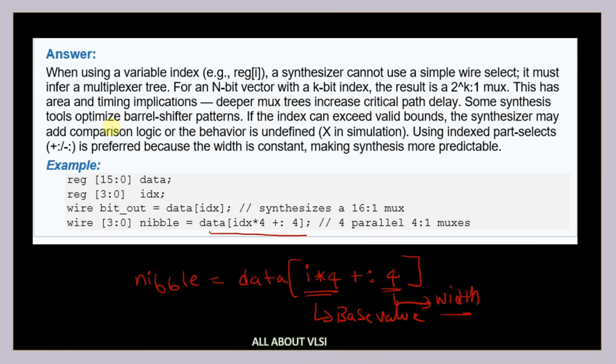So if we are using this kind of variable indexing, you're going to have much higher delay and increased critical path. Some synthesizer tools optimize barrel shifter patterns. If the index can exceed the valid bounds, the synthesizer may add comparison logic or the behavior is undefined. But if you are going to use indexed part select, plus colon or minus colon, it is preferred because the width is